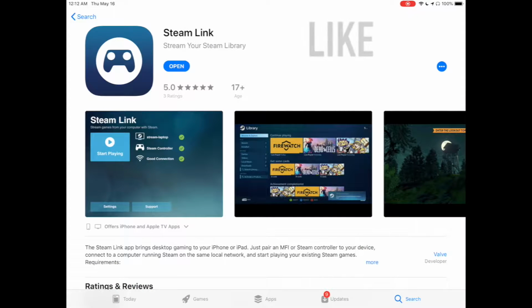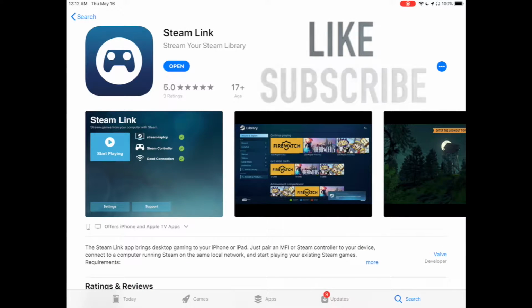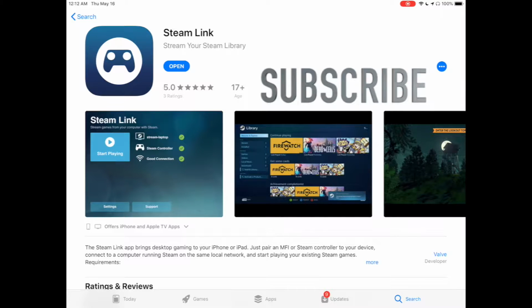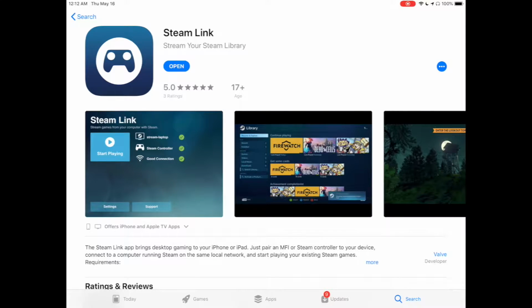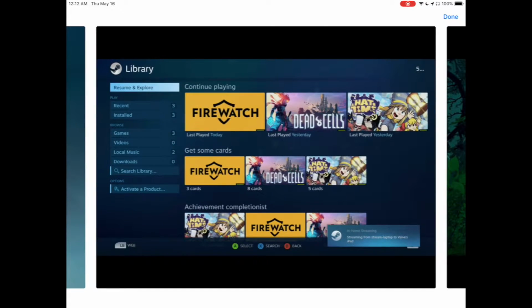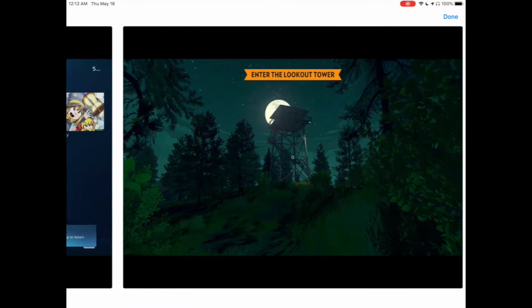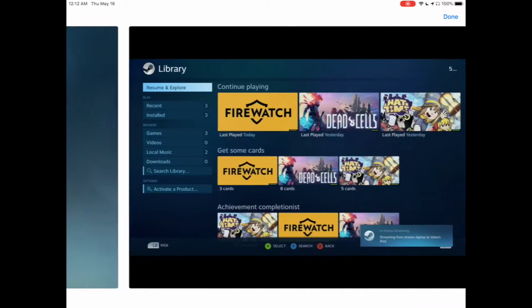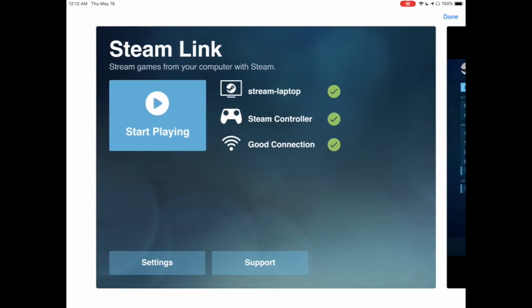A couple hours ago, I noticed an app pop up in the App Store, and it was just released. It's called Steam Link. Now, this could possibly change the way we use our iPhones or iPads, and of course, if you use Android, the way you use your Android phones or Android tablets. So, this app will allow you to play your Steam games on your mobile device. That's right. You can actually play your library of Steam titles right on your mobile device, your iPhone or your